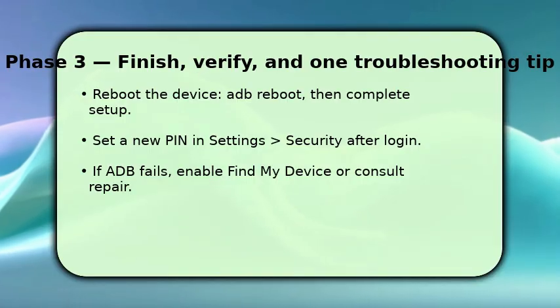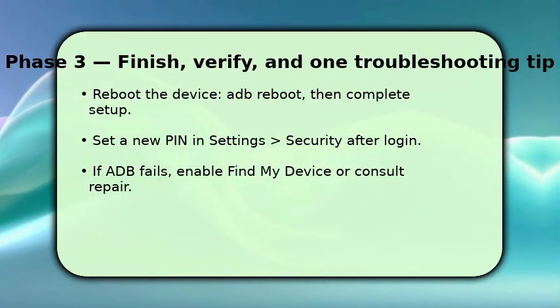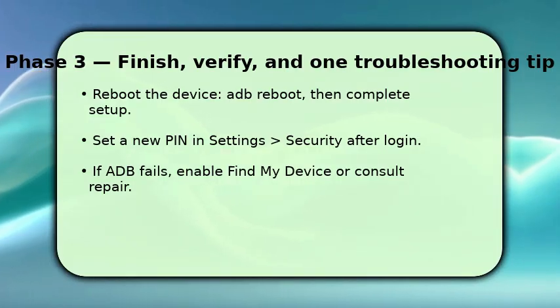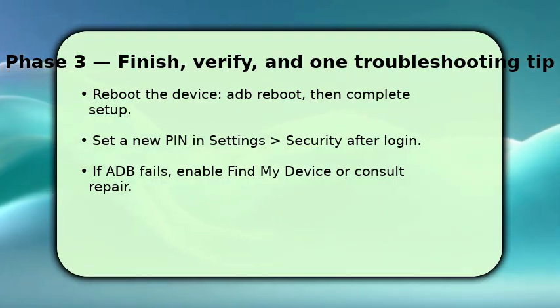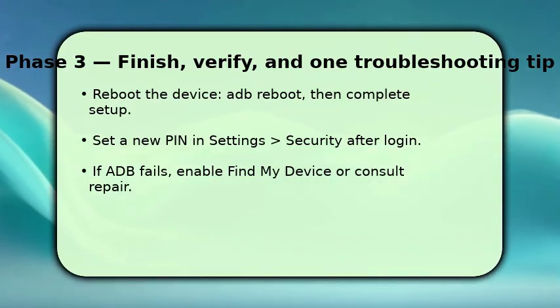Make sure to go to Settings, Security, and set a new PIN right away, because the device may revert to an unsecured state otherwise. If the phone remains encrypted or still asks for the original PIN, use Find My Device Unlock where available, or consult professional repair. These situations mean ADB